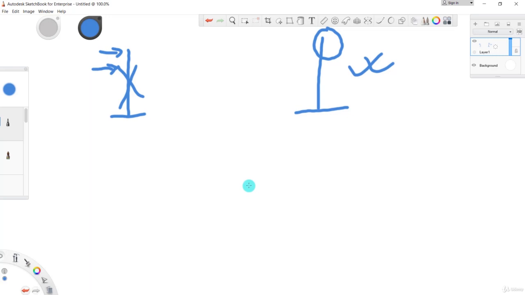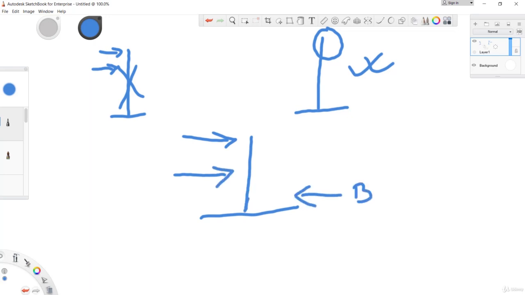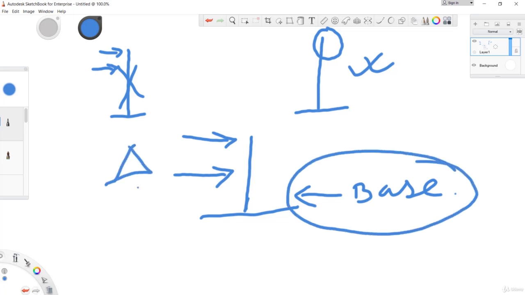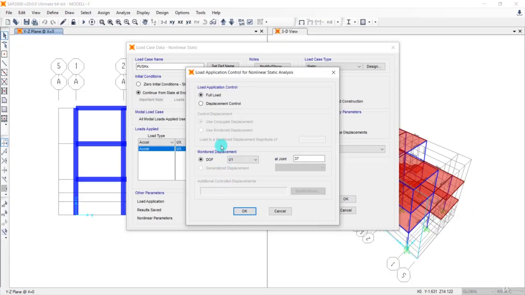this video. Okay, in this displacement method, what we do, we give the displacement in the positive direction and the base shear is applied in the negative direction. So this is your base shear and this is your displacement, right? So this is the reason, that is why we chose the scale factor as -1. All right, so after that click on displacement control, and we select use monitored displacement,